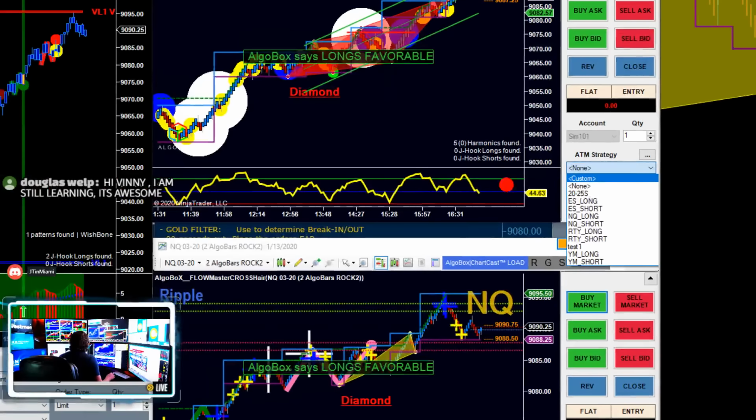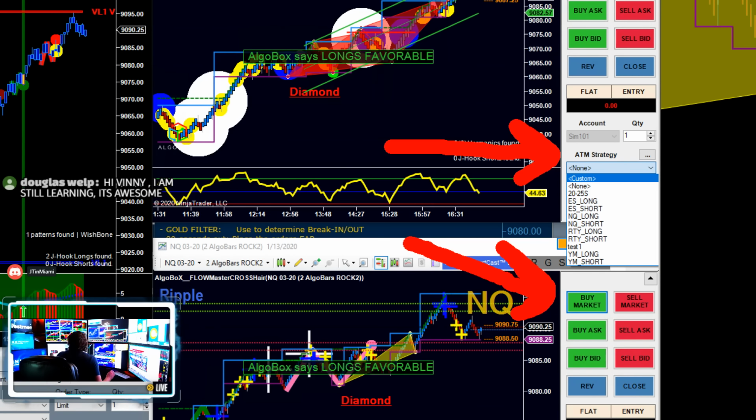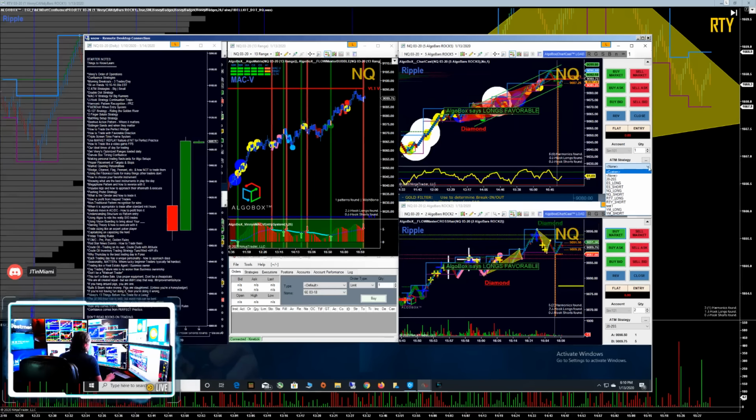Okay, this is what we're talking about, all of our little buttons. Yours are probably not going to be this color unless you've installed AlgoBox, which, by the way, you can download and install with a 2-week free trial. But folks who are watching this video, you should be in premium. You should already have this done. So your system should look like this, and we're going to create one of these. You click here and click on custom, because we're going to create our own, and then you hit these little ellipses buttons.